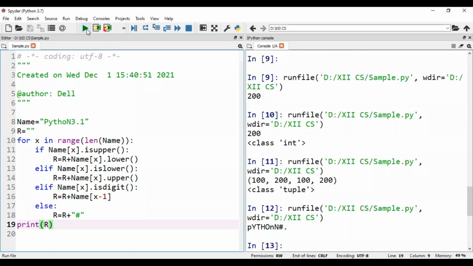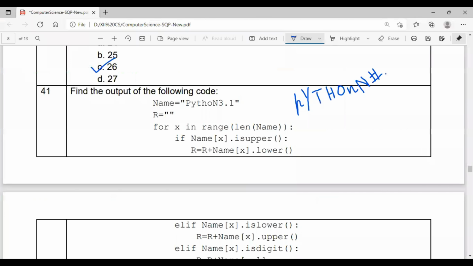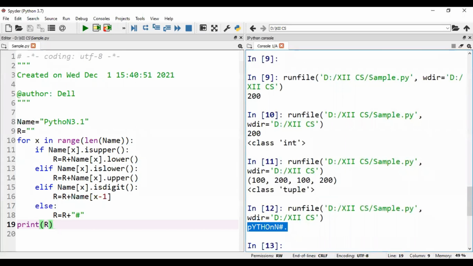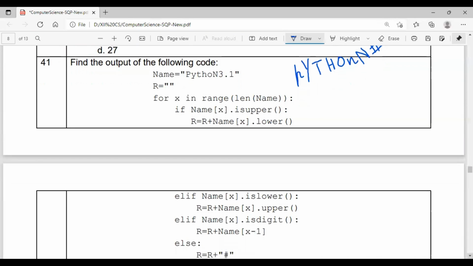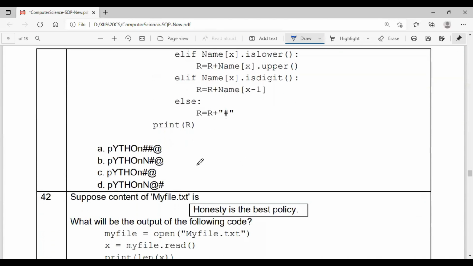So you can see this is the output you are getting. We'll just check it against what we have. Small p, yes, correct. Capital Y, correct. Capital T, capital O, n. And our answer is correct, isn't it? So the option given is not correct.